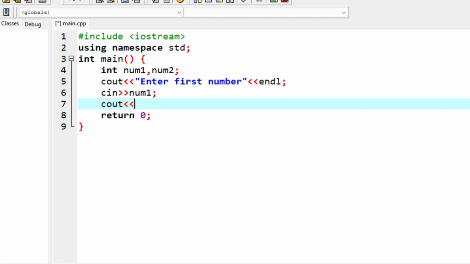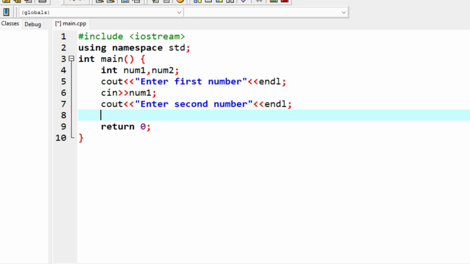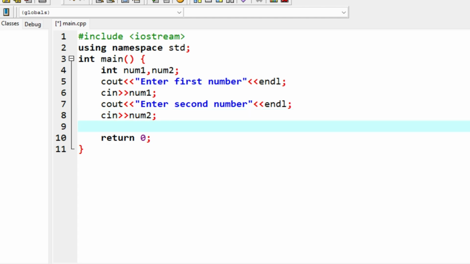the cout statement, enter second number, then end line here, and also cin num2. Now num2 is the second number. Now after getting these numbers, you can compare them to find out the greater number among them